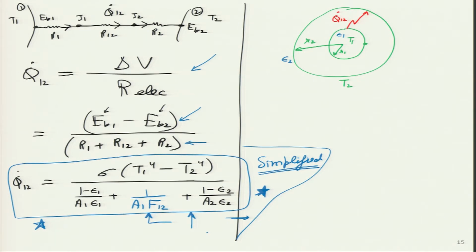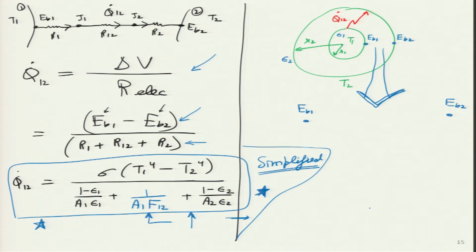Now, what I will do first is draw the radiation resistance network over here. I will have the two external nodes. The first one I will call E_B1, this one I will call E_B2. Because I have less space over here, I will draw it zoomed out, and make it big. This is E_B1, this is E_B2.